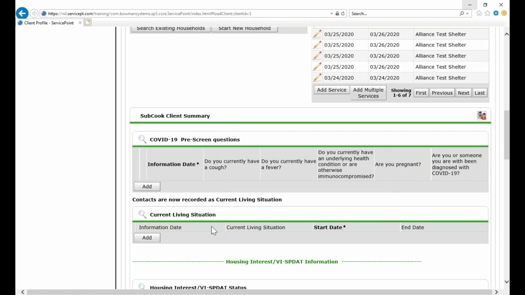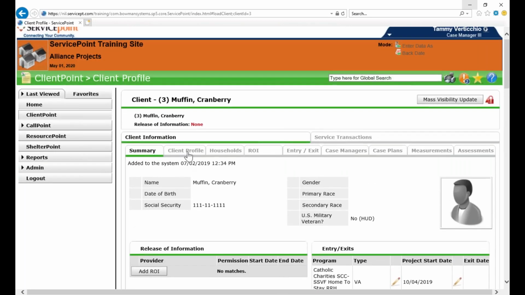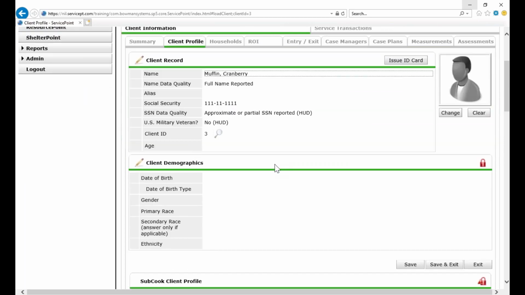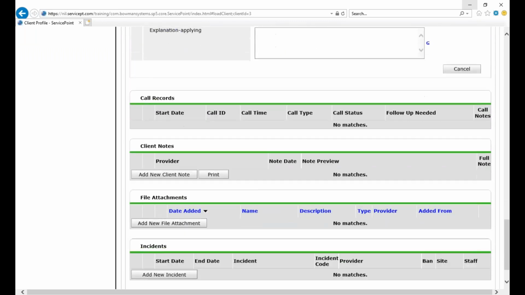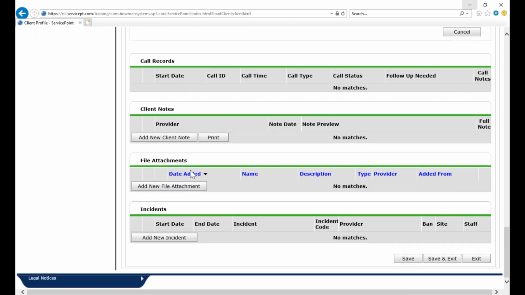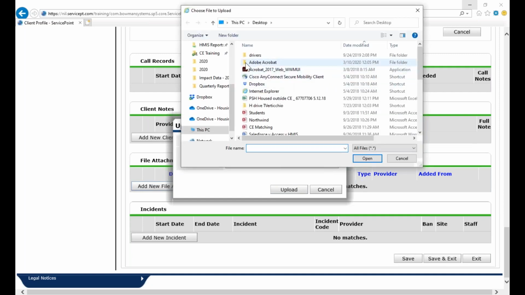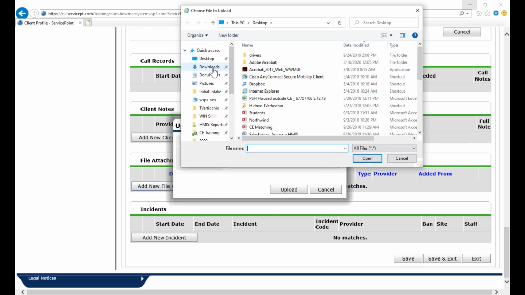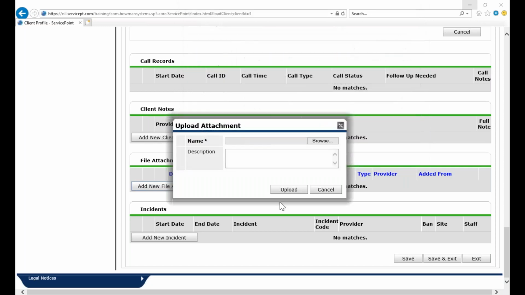You've also received consent, so that needs to be uploaded to the HMIS record as well and unlocked. The documentation pieces get uploaded under the client profile. You scroll down to file attachments. We'd add a new file attachment, search your computer for where you have that consent saved. Select your document,